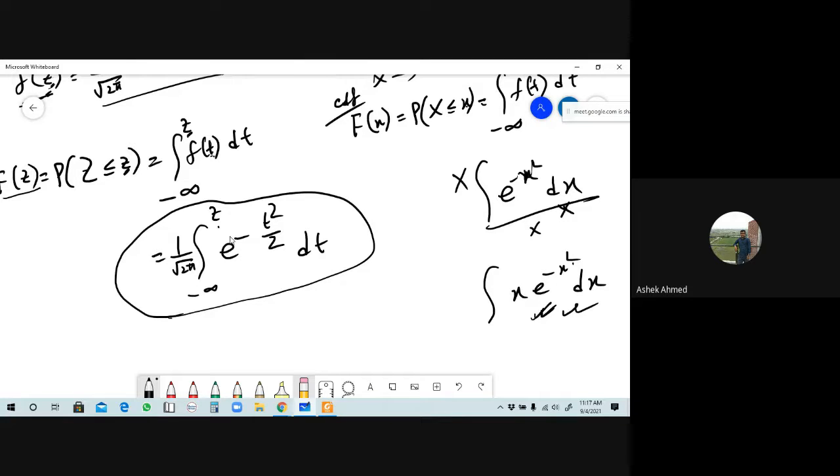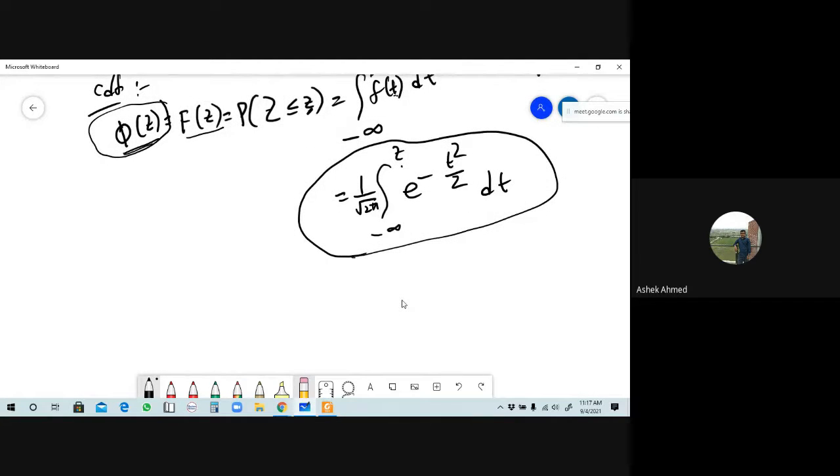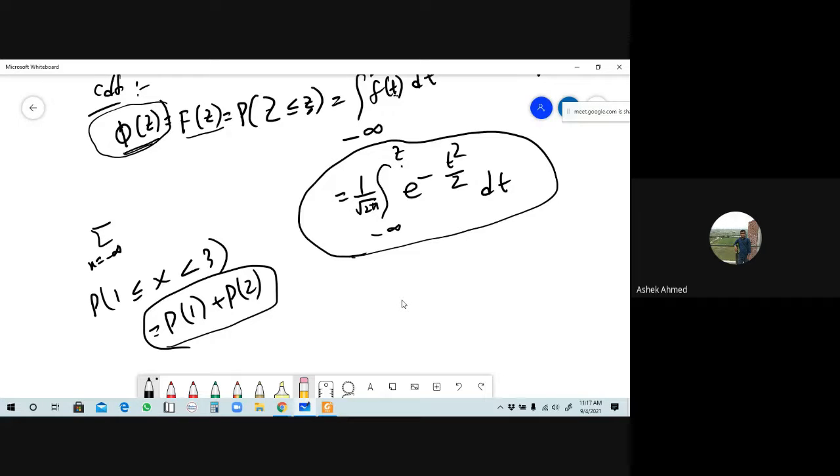Okay, can you remember about this formula when we learned from binomial distribution or Poisson distribution, probability of 1 is less than x is less than 3, that was probability of 1 plus probability of 2, is it right? এই ভ্যালুটা কিভাবে সলভ করছিলাম ফর বাইনারি ডিস্ট্রিবিউশন? সরাসরি বাইনারি ডিস্ট্রিবিউশন ফর্মুলায় বসিয়ে ভ্যালুগুলো ক্যালকুলেটর ইউজ করে ইভ্যালুয়েট করছি।